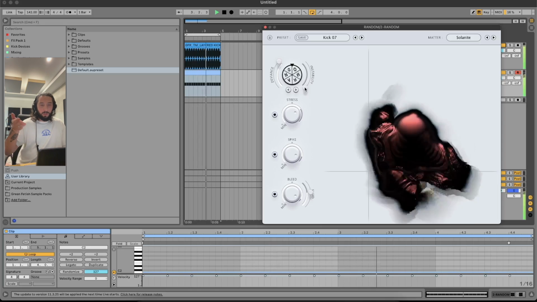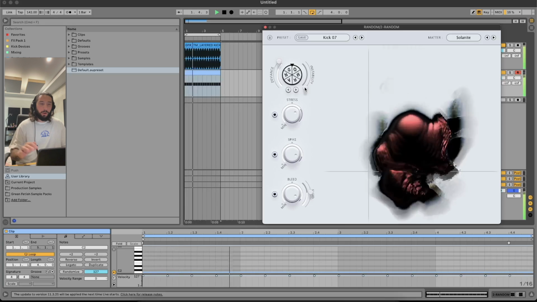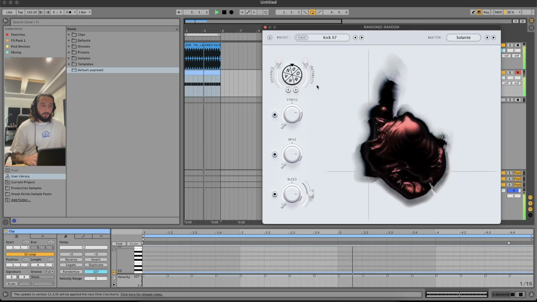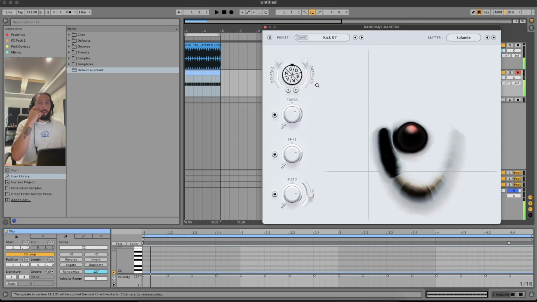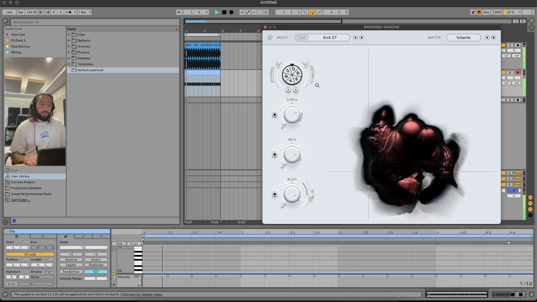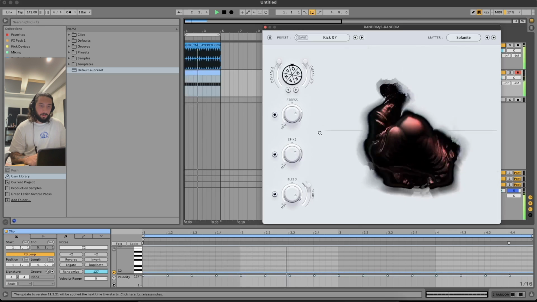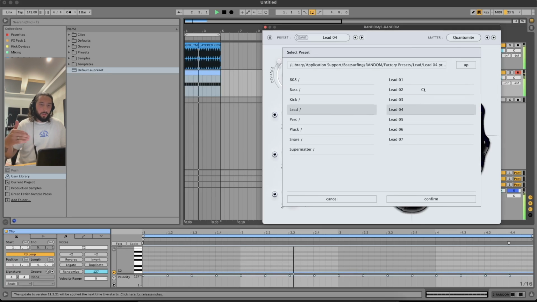So you can hear it's one note. When I put the instability up, we'll hear the per note change. Which is cool, because you could almost get a melody out of one note, or a rhythm out of one note. Kicks, leads. I've gone lower on the MIDI keyboard, but